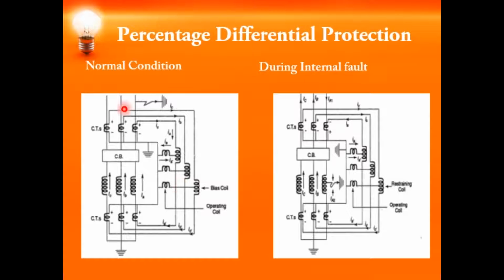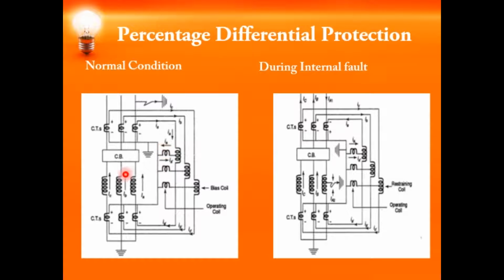You can observe this is the schematic diagram of a percentage differential protection. This type of protection scheme is especially used for the protection of generators above 1 megawatt. This setup will protect the generator against winding faults, that is, phase to phase and phase to ground faults. This is also called biased differential protection, or a longitudinal differential protection scheme.